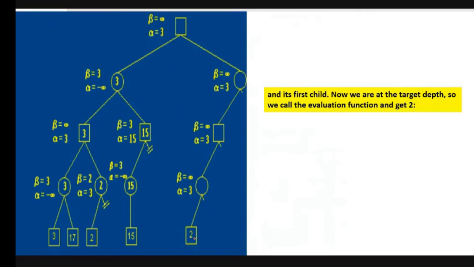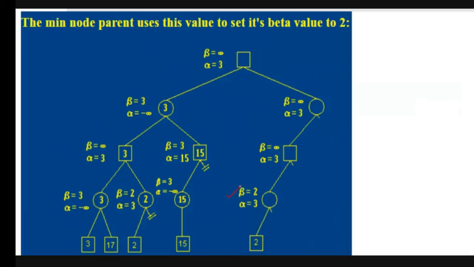Now here I am having the leaf node as 2. Now the value taken will be the minima. Because there is a minimum here, my beta has to be modified to 2, is it not? So beta has been modified here to 2. Whatever is minimum between infinity and 2 is 2, so we have considered it.